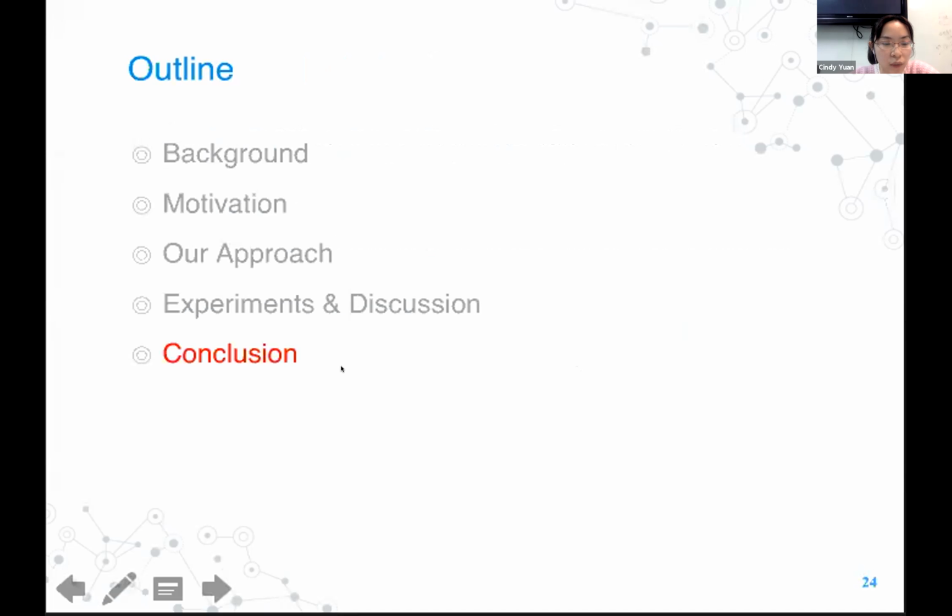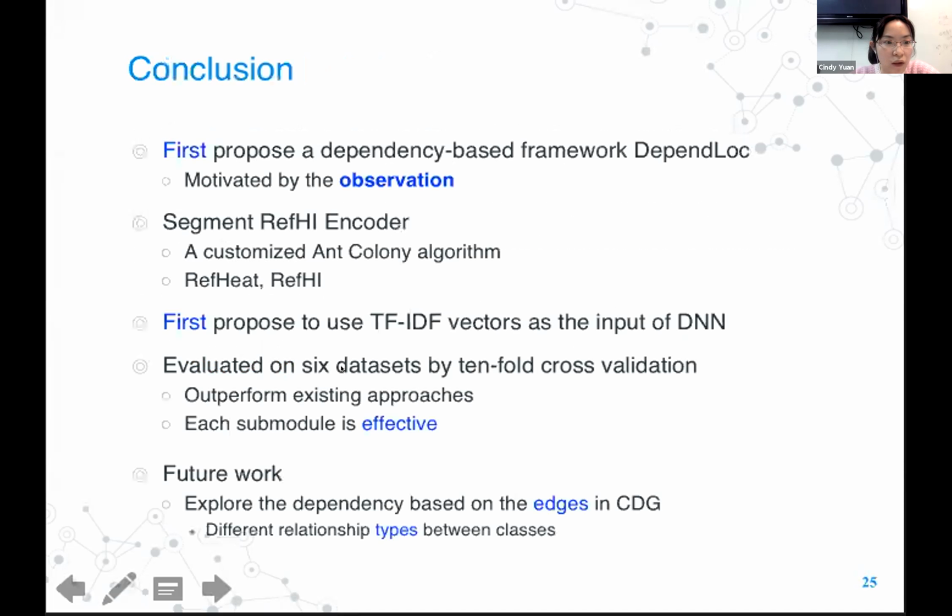At last, I will make a summary. We are motivated by our observation. We are the first to propose a dependency-based framework. To quantify this dependency feature, we proposed a customized ant colony algorithm, and we define the concept of reference hit and ref-HI.